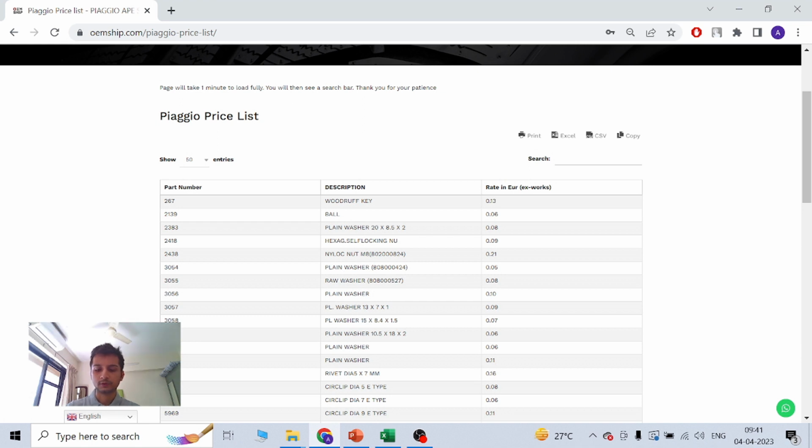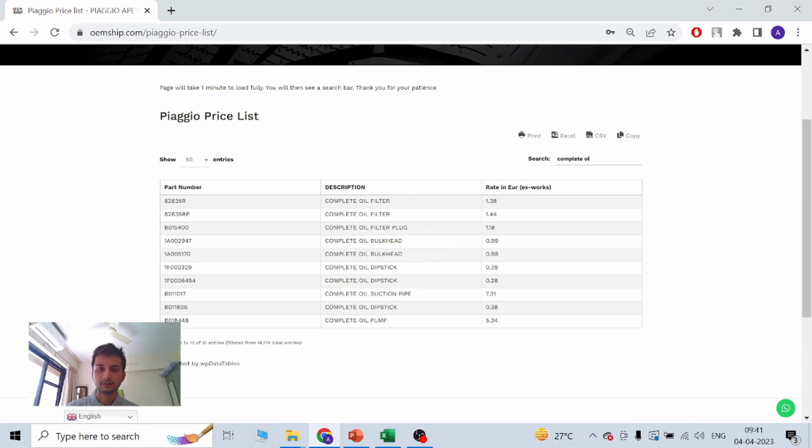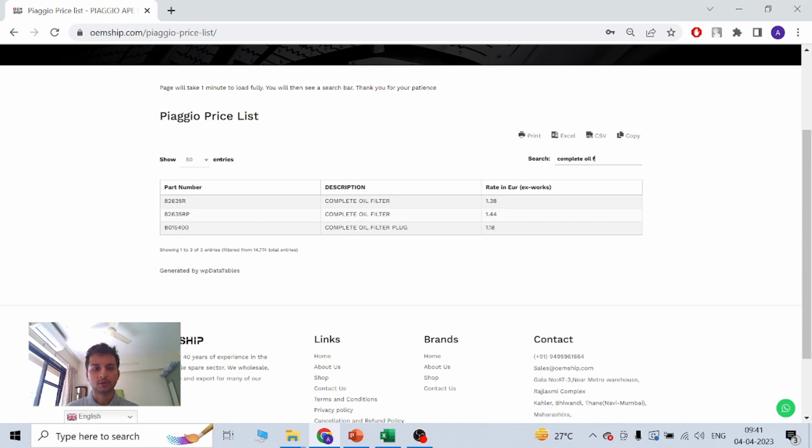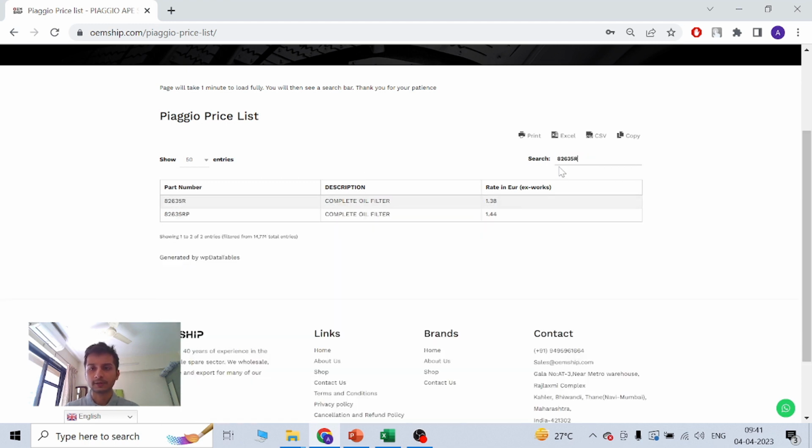Suppose you want to know the price of a complete oil filter. The best way to do it is via part number. Every product has a part number. The complete oil filter part number is 82635R. If you see, the rate is 1.38 euros. We accept 150 plus currencies, so go to our video on how to make payments and currencies we accept.